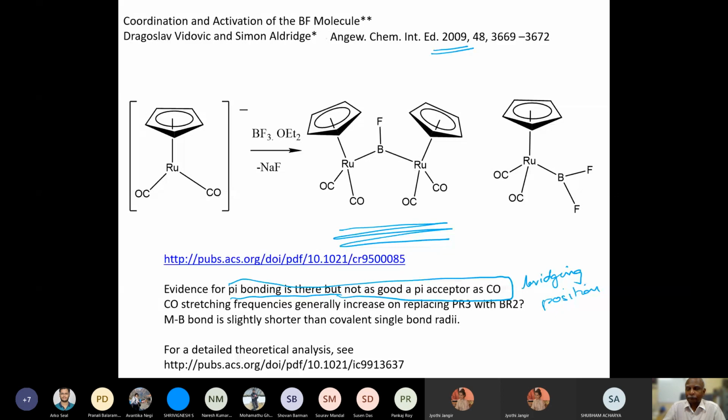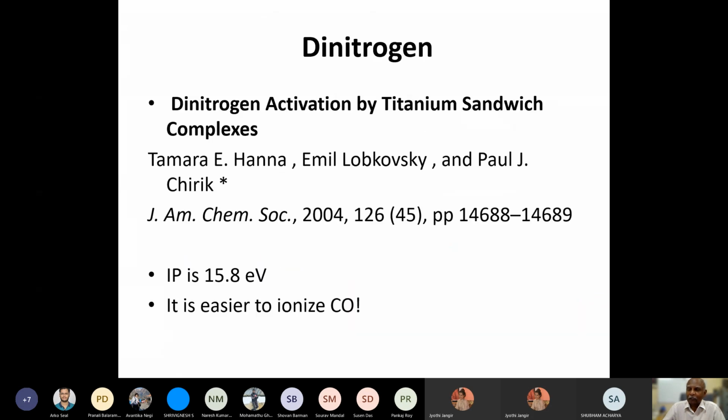Okay, so in one way, publication of a computational paper helps in the advancement of science. It helps people to look for these molecules. So this is a clear example of what has been going on in the search for ligands to replace carbon monoxide. Okay, let me go to now dinitrogen. The other molecule referred to in the paper was dinitrogen.